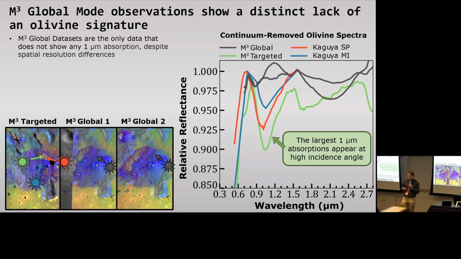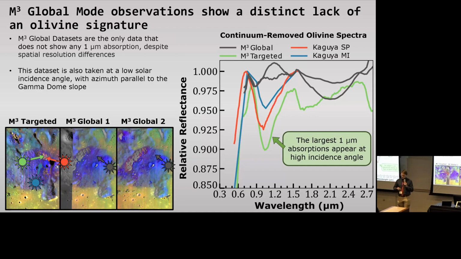So the next thing we looked at is viewing geometry. Specifically, we first looked at local solar incidence angle, which is essentially just how high the sun is in the sky when the instrument is viewing the ground. And we found that the M-cubed global data sets were taken at a lower solar incidence angle, so the sun was higher in the sky than the M-cubed targeted data set and the Kaguya SP data sets,